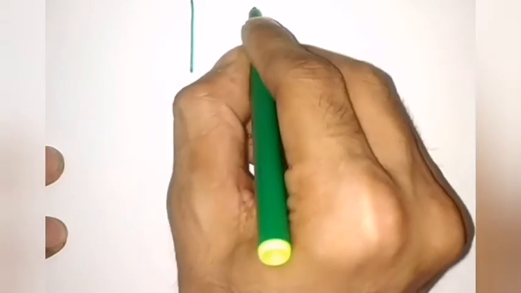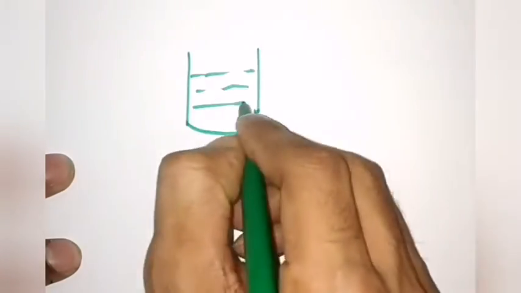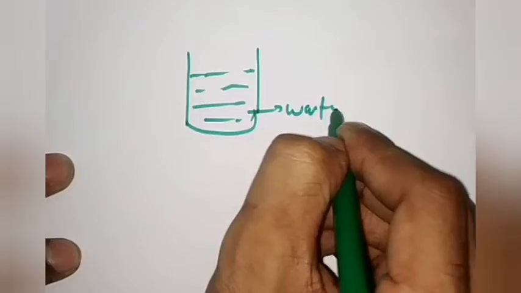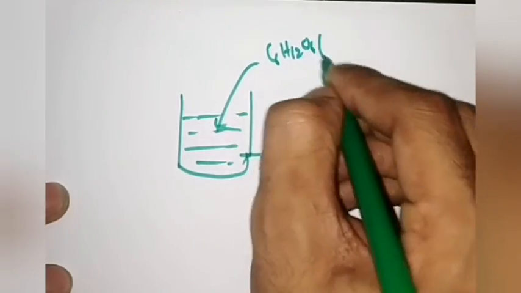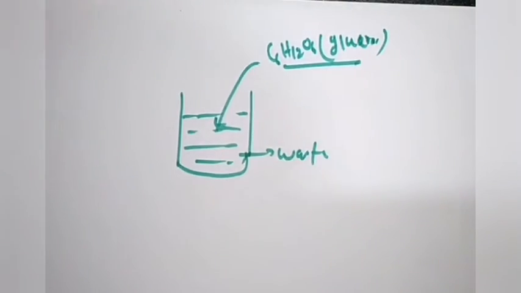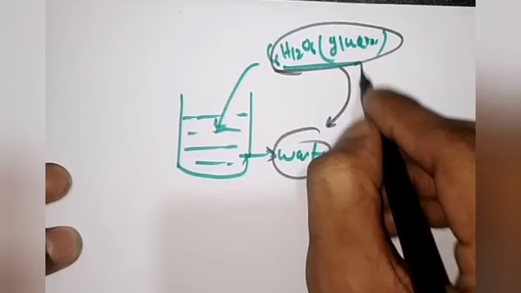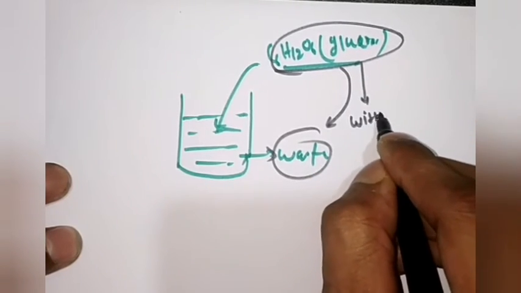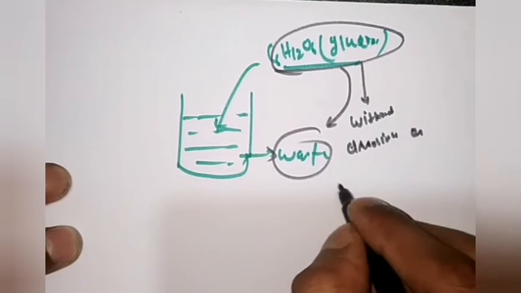Just understand the actual meaning of association and dissociation. Suppose you prepare a solution with water as the solvent, and I put in the solute C6H12O6, that is glucose. If you put glucose into water, glucose C6H12O6 is not going to dissociate in the water as a solvent. So here the case is without association or dissociation.